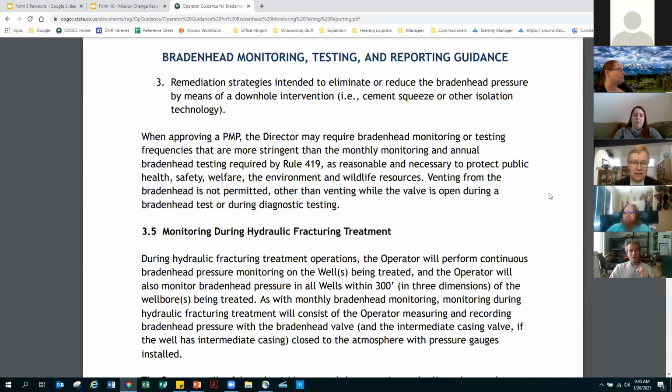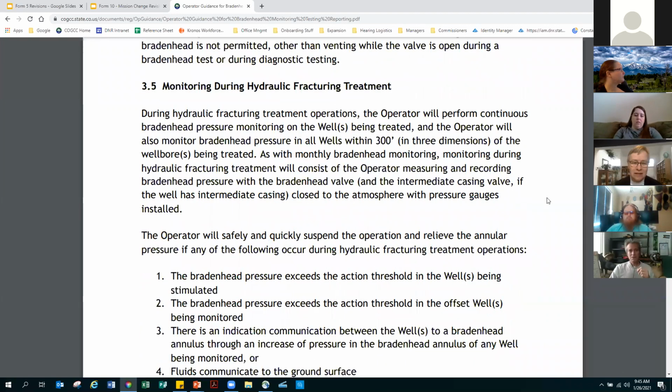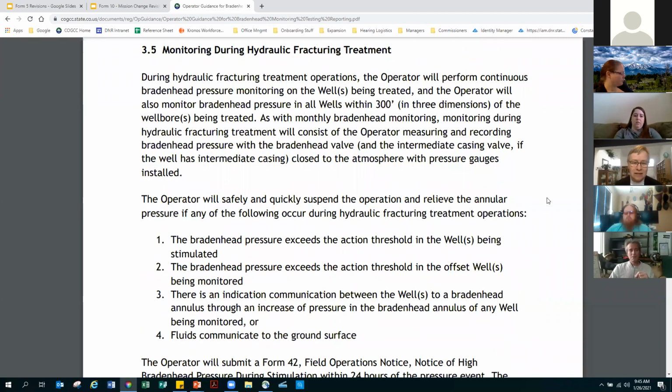Let's see, go down to, okay, 3.5 is monitoring during hydraulic fracturing. Now this has been performed in the DJ Basin for quite a while through conditions of approval on permits. So this probably isn't a change for DJ Basin operators, and we've been doing it a little bit in the Piceance, which is where both of the drilling operations are focused at this time. But this is statewide. So if somebody does drill a well